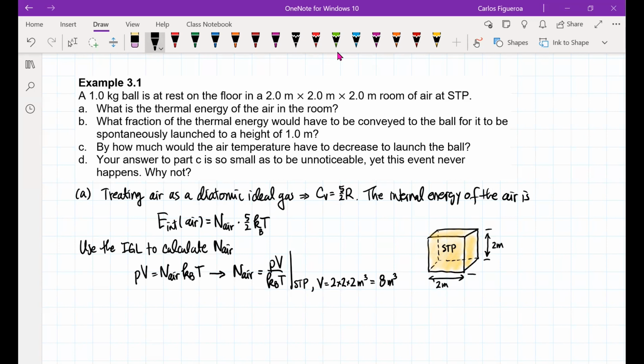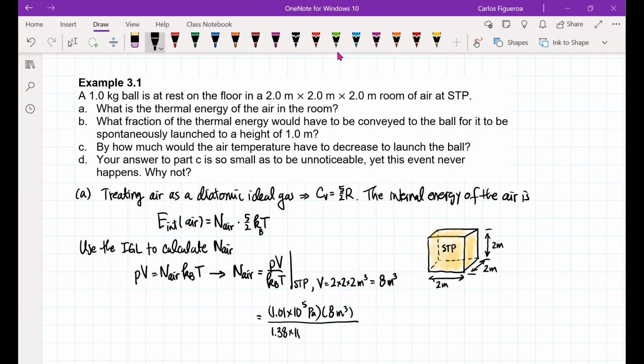And then that dimension right there is 2 meters, just to visualize this. So then, using the ideal gas law, using proper units, the pressure is 10 to the positive 5 pascals. My volume is 8 meters cubed. And then I have to divide by the